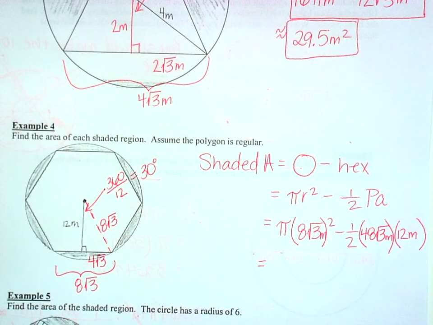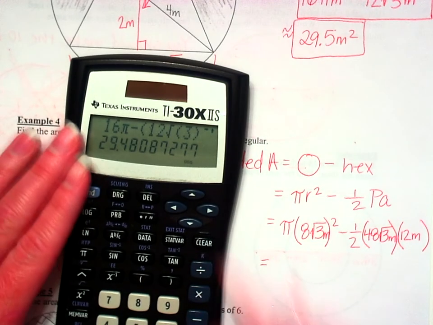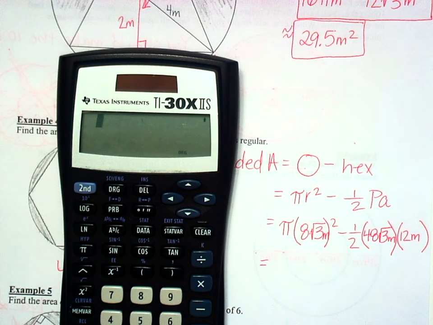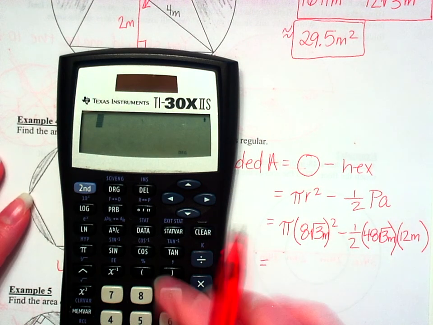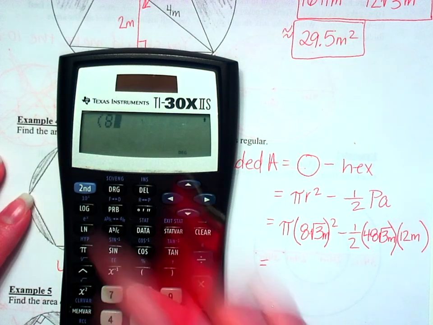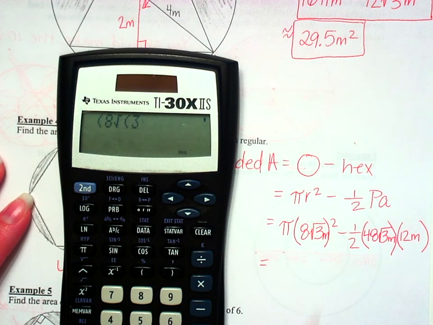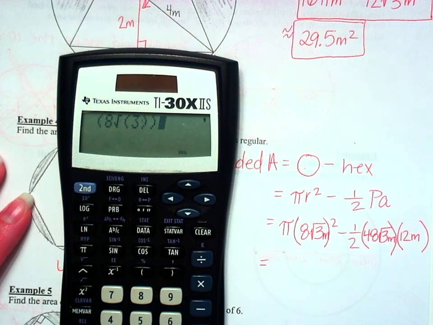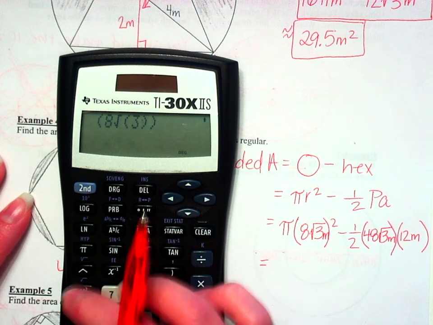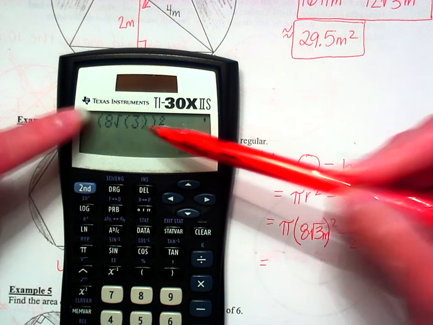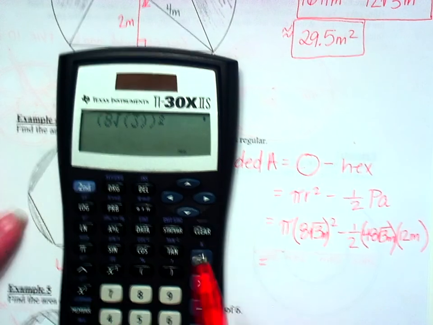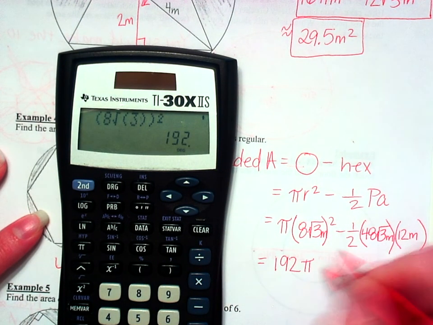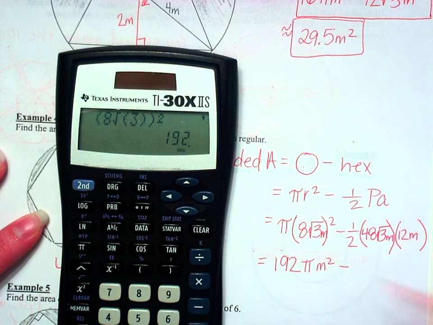Okay, 8 square root 3 squared. If you're using your calculator for that, make sure that you enter it correctly. You have to use parentheses: 8 square root 3, close up the 3, close up the original set of parentheses, and then square it, because you need to make sure you are squaring the entire thing. Okay, and we get 192 pi meters squared minus